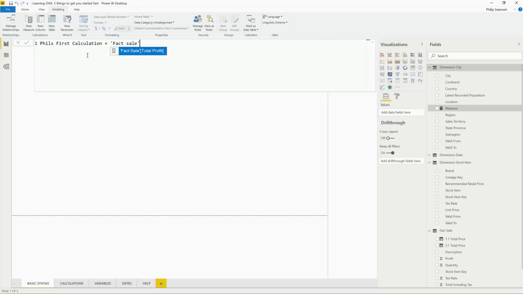Now what I would like to do is mention the column that I want to perform this calculation over. Now, column names use square parentheses that need to be wrapped around the outside of them. So I am going to perform a calculation. So I want to run a sum over a column. Now, the IntelliSense is not offering me a column name in this context. And that's because what I actually need to do is put a wrapper function around this.